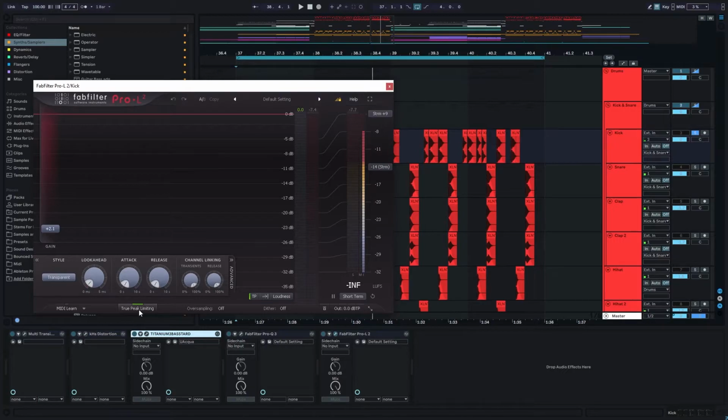Also, funny thing, I forgot to turn off true peak limiting on this kick. And normally I want that off because that actually kills your transients. I just completely forgot to because for some odd reason on the default FabFilter Pro L, this is on. It really shouldn't be. It's awful, and it ruins your transients. If you are making heavy music, like heavy bass music, do not use true peak limiting. It destroys your transients, especially for mastering. Luckily, what I'm doing to the kick later, this isn't as big of an issue, but